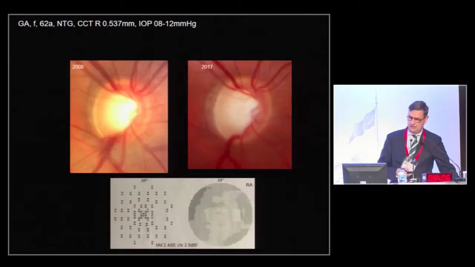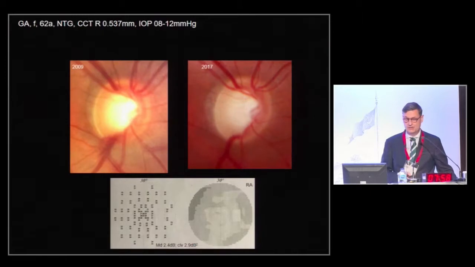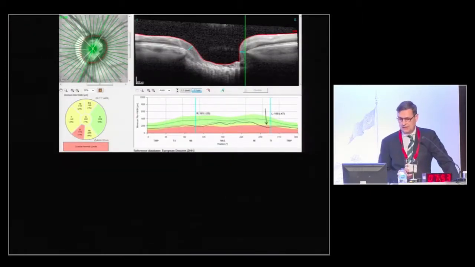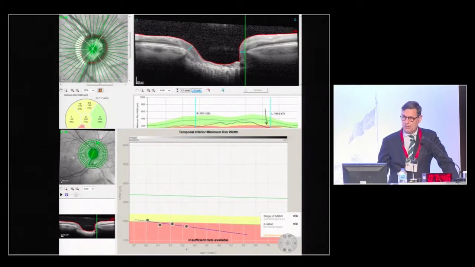In this example of a patient with normal tension glaucoma, you see in 2009 the hemorrhage inferiorly, then the rim loss inferiorly, but the visual field is still normal in this patient. And the rim measurement is flagged out in red on the temporal inferior side, and in the follow-up analysis, in the regression line, you see that in this area the patient loses rim and is progressing. So this is a very clear-cut indication for